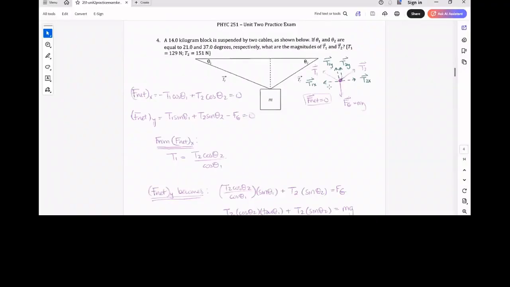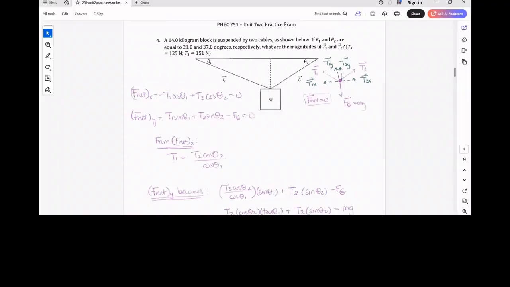Looking at our free body diagram, it's evident that if we break T1 into an x and a y component, they're going to add back to T1, and then T2x added to T2y is going to give me T2. So I stuck with the cosines here. You could determine what the complementary angle would be for the vertical and then flip your sines and cosines. No matter which of those choices you make, you're going to end up with a net force expression in the